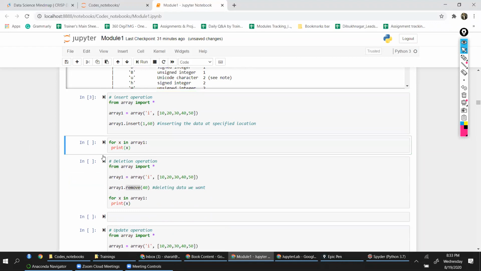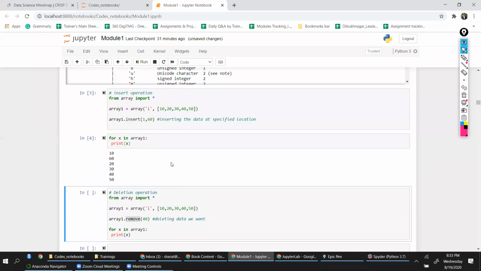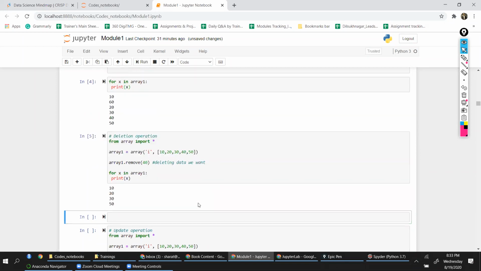When I execute this now, it will not print, but it is executing. And when I execute this line, it will print the output. Right? So this way we can execute insert. Then for deletion, as I said, it takes only one value, and you can run this, and it deletes this value.